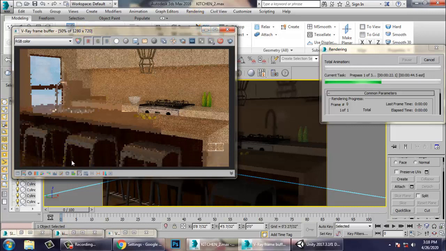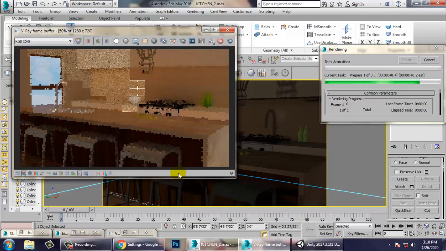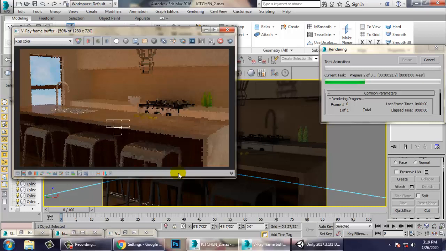If this area is looking black, we will put a bit of a fill light as a supporting light over here to fill these dark areas. So let it render first, and after that we can just check out.